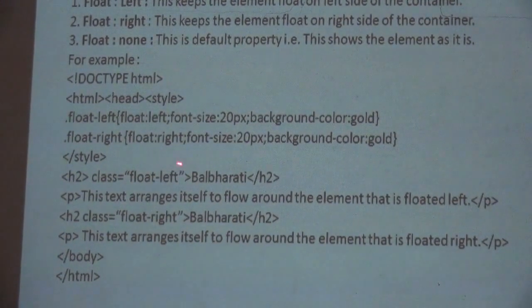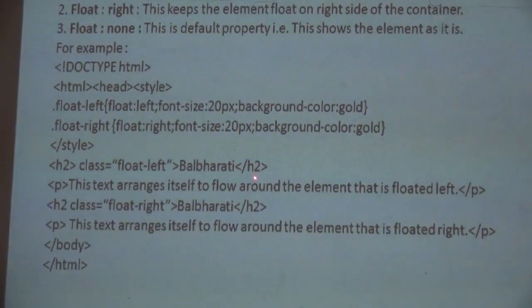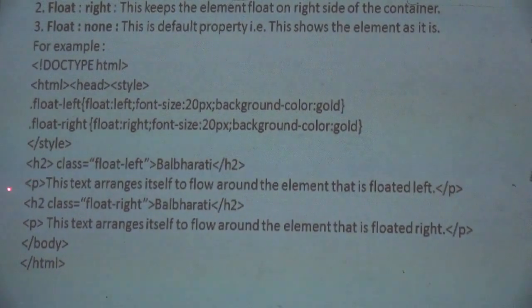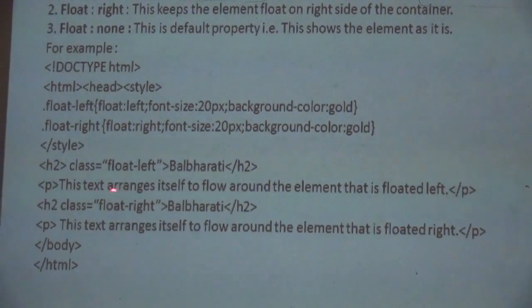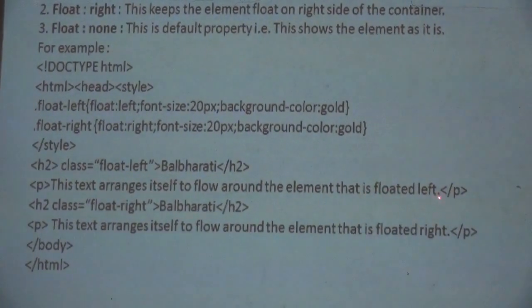Float right, font size 20 pixels, background color gold. Again the style tag is closed here. In this heading 2 or h2, class is equal to float left. We have this as Bal Bharti, and the h2 tag is closed. In this paragraph tag, this text arranges itself to flow around the element that is floated left.